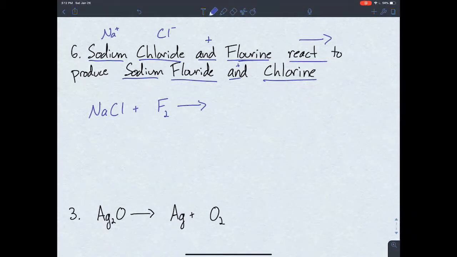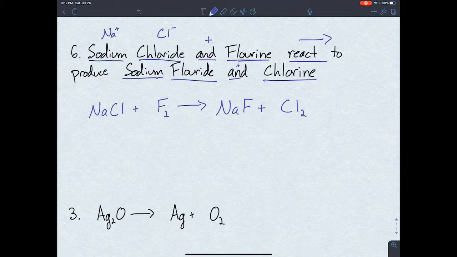Okay, fluorine is also a halogen. It also has a -1 charge. Sodium still has a +1 charge. So that's also going to come together in a 1-to-1 ratio. So I get sodium fluoride and chlorine, Hofbrinkel. This is the Cl in Hofbrinkel, so this is also a diatomic. Okay, so I have my